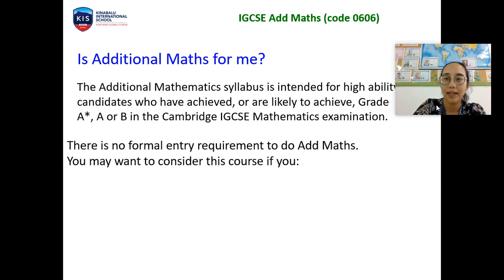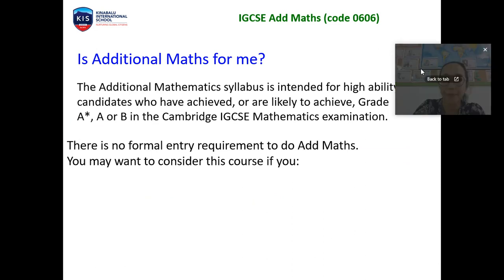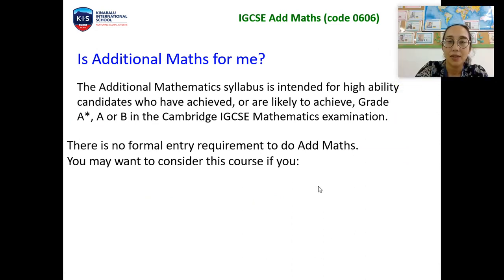So you may be wondering, is additional maths for you? The additional maths syllabus is intended for high ability candidates who have achieved or are likely to achieve grade A star, A or B in the IGCSE maths examination. There is no formal entry requirement to do AdMaths, but you may want to consider the course if you